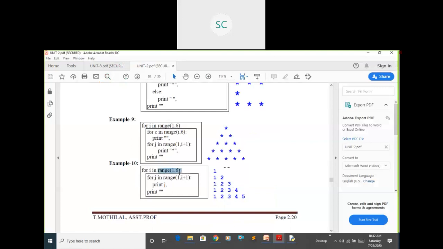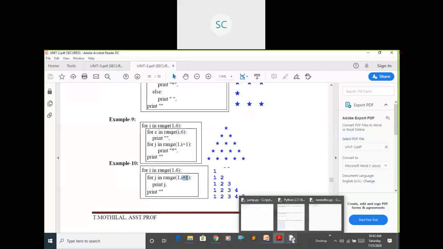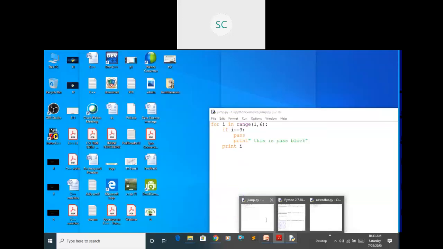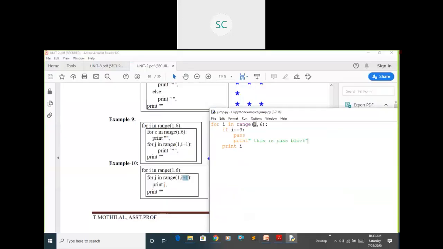In the inner loop I'm going to iterate. It starts from 1 and it has to end with i plus 1. i plus 1 means the exact i value. Just printing the j value in the output. If you observe here, it starts from 1, it ends with 6.